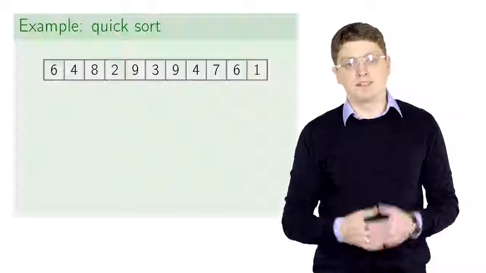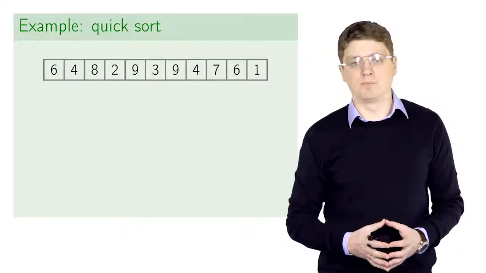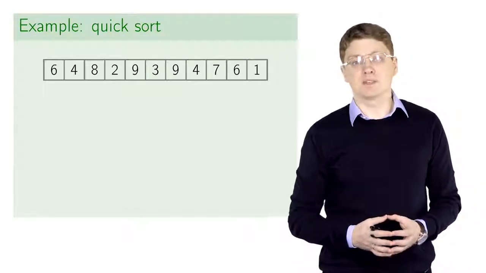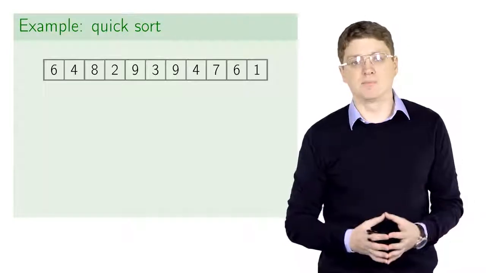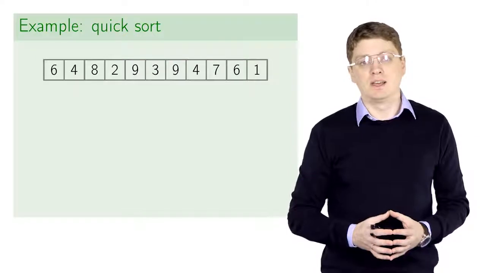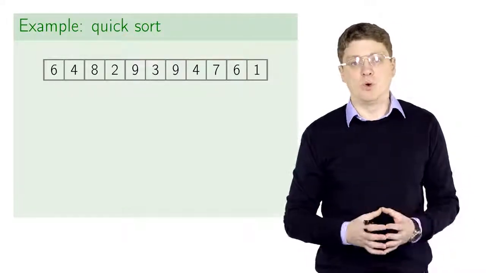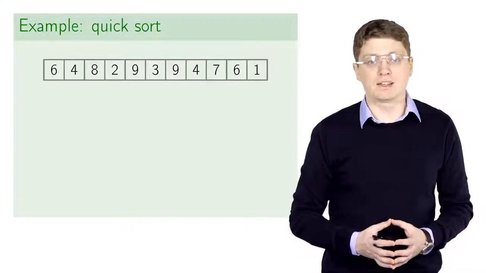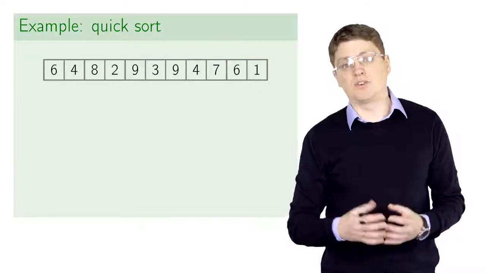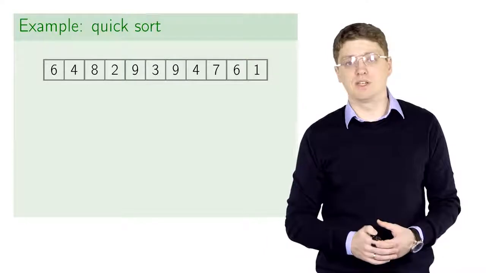This is a toy example explaining the main idea of the quicksort algorithm. So given an array, in this case of size 11, let's take its first element. In this case it is 6. And let's do the following. Let's rearrange all the elements in this array such that the element 6 stays in its final position. All the elements that go before it are actually at most 6. And all the elements that go after 6 are greater than 6. Well, we will show that this can be done by a single scan of the initial array.